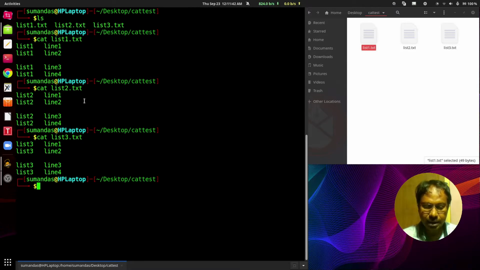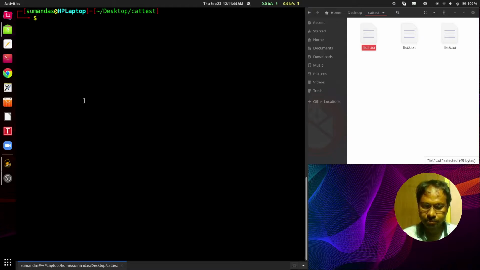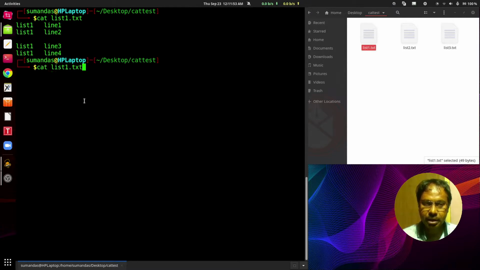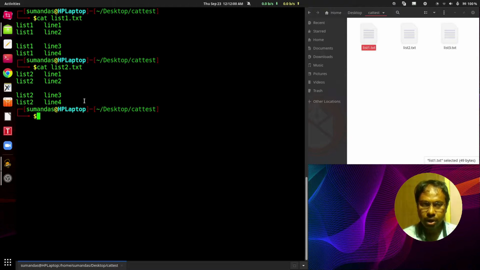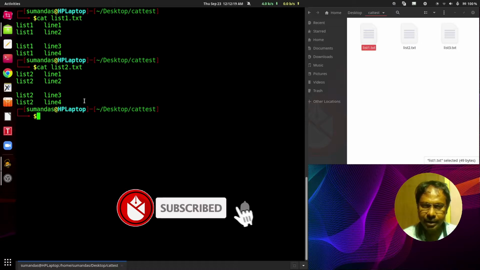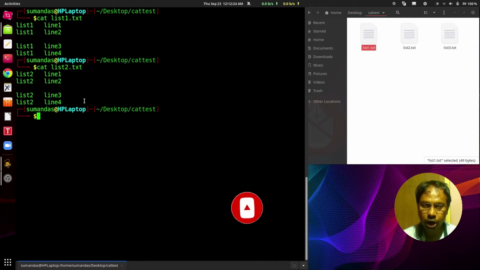Once again clear the terminal. We already know that using the cat command we can view the content of any file. So list1.txt and list2.txt's content are here. Now to combine, or concatenate, the content of two or more files, we can use the cat command.